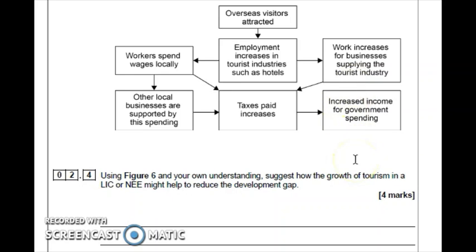You might also talk about, and this is certainly true in Tunisia's case, that because people are coming in from other countries, their culture is also starting to affect Tunisia's. So, for instance, schooling for girls has now become compulsory. They have to do it just because of that cultural infusion from other countries. And Tunisia are now starting to develop. So it's not just actually the money, but also their way of thinking and the role of particularly women. But as long as you reference the figure and develop your points about jobs and taxes and the multiplier effect, that should be plenty for the marks.